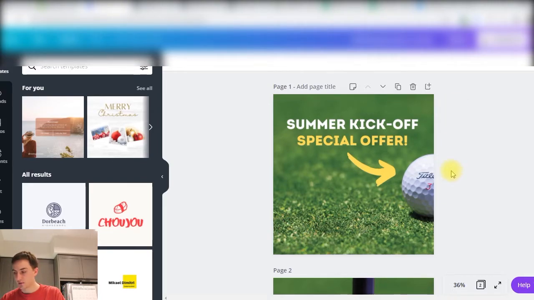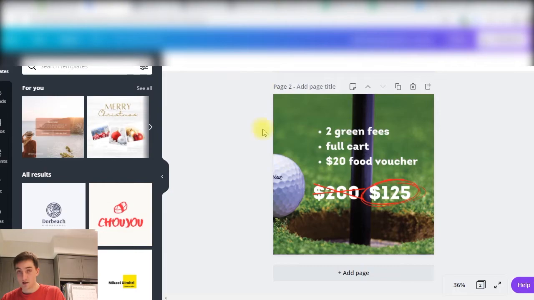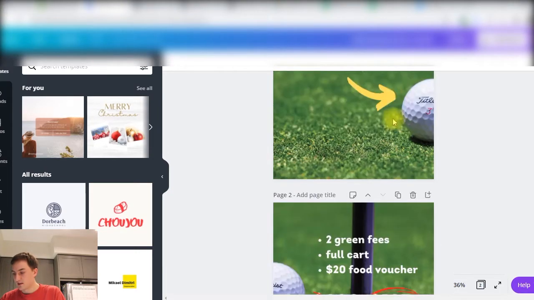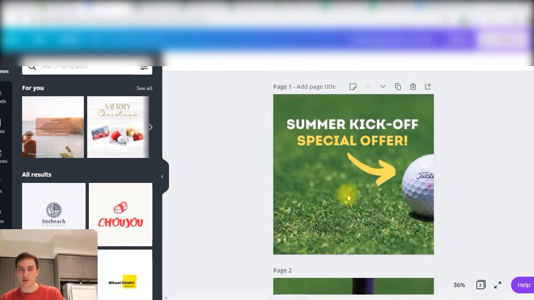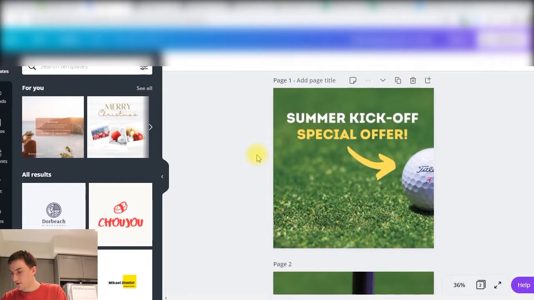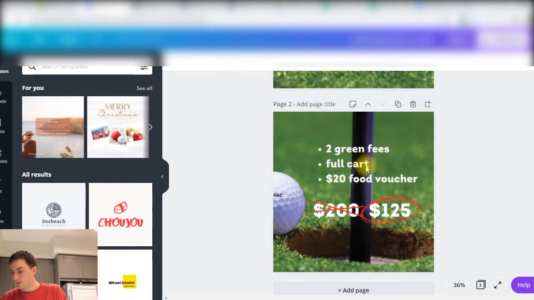So they have to click on a button to reveal this second slide. But because these kind of flow into each other, hopefully it's going to encourage these people to click on our ad, which is only going to increase the likelihood that Facebook delivers it to more people. So this is going to be the first thing they see, summer kickoff special offer, and then the explanation of